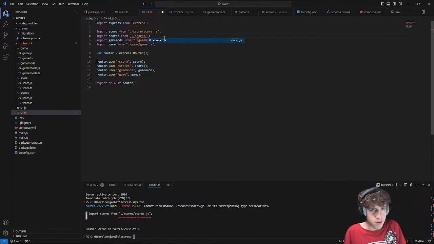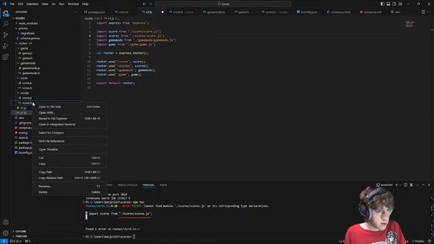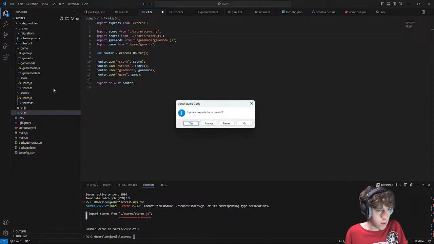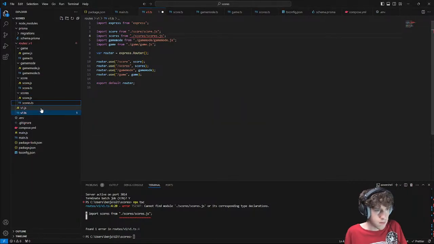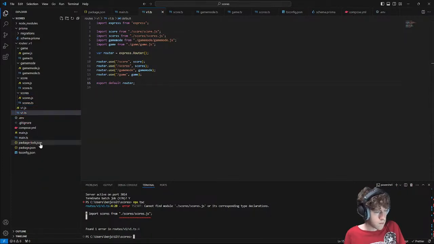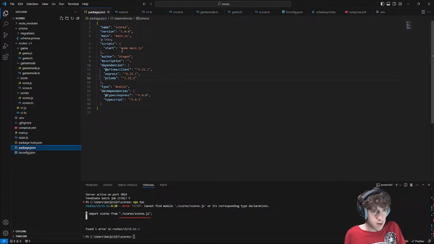So I'll do scores, score. Oh, I called it score.ts. This should be scores.ts. There we go. Over in package.json, I'll do npx tsc and end that.